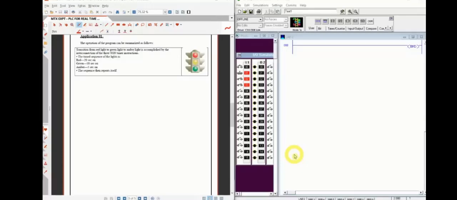Okay, now students, let us start with our first application. This is the application wherein we have to simulate the traffic signal on one direction. Traffic signal light on one direction, that we have to simulate here. A transition from red light to green light to amber light is accomplished by interconnection of three